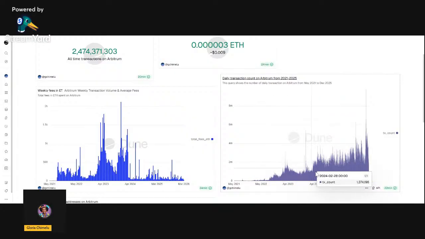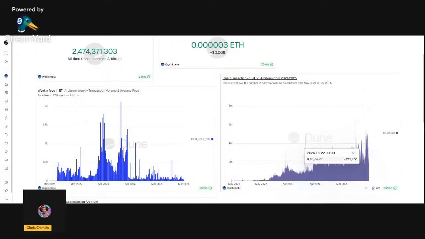It has been steadily rising, and I chose to use this particular visualization because I wanted us to see how it had improved over time. At a glance, you could see that the transaction count has been steadily increasing. Then we show that we are having growing usage on Arbitrum.